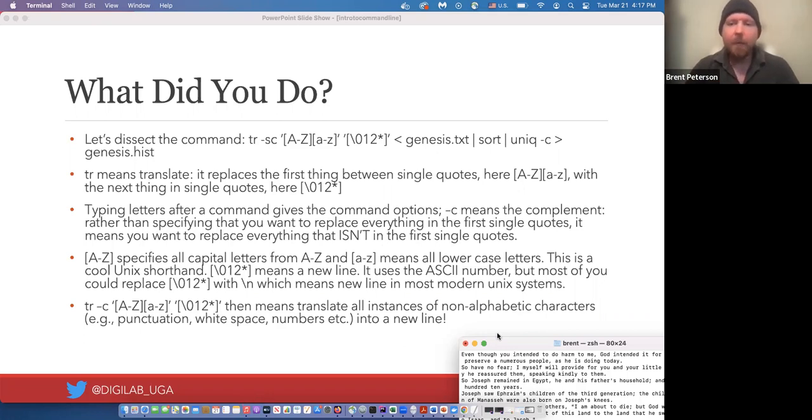It replaces the first argument, and these arguments are in single quotes. Notice these single quotes here. So we'll get to what this -sc is in a second, but for now we're talking about this argument. Arguments, again, are in the quotes. So it replaces the first argument here with the second argument. And I will tell you what these things mean in a second as well. But first, after the dash are command options. And